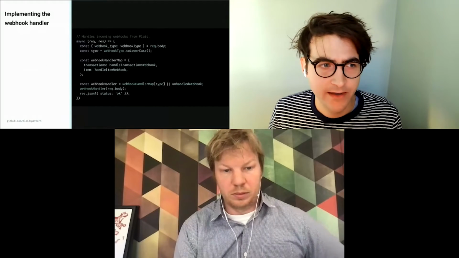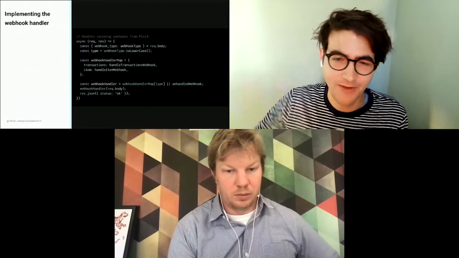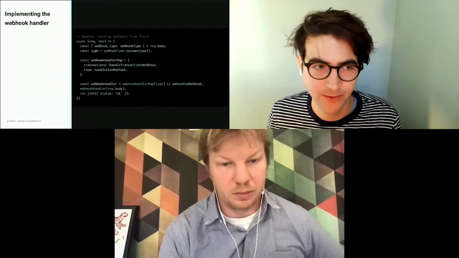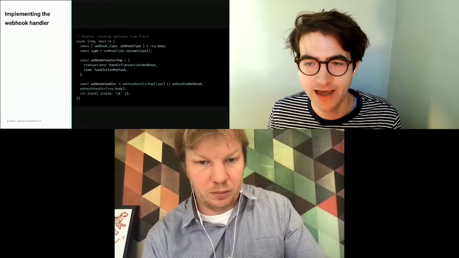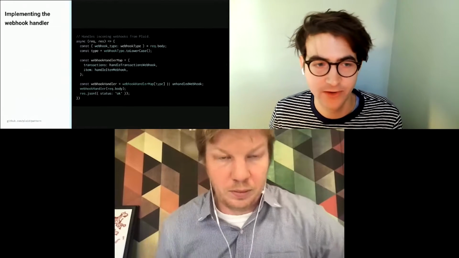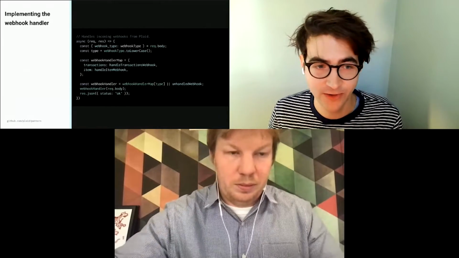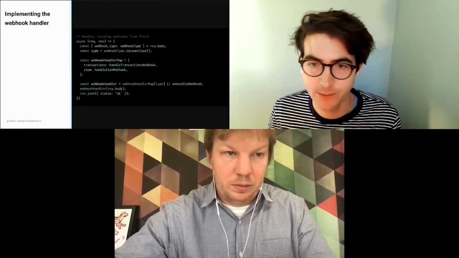Okay, the example I was thinking about with the Pattern app is a little later on, so we'll get to that in a sec. I wanted to look at the implementation now: how does the item webhook handler work? You'll recall our little webhook handler map where we've registered different handlers for the different webhook types, and we'll zoom in now to